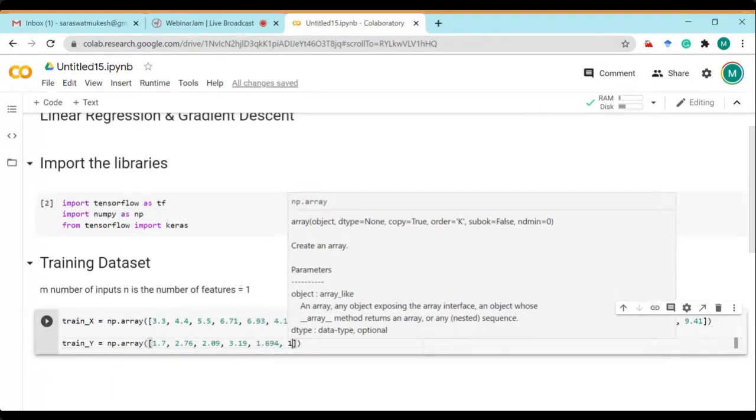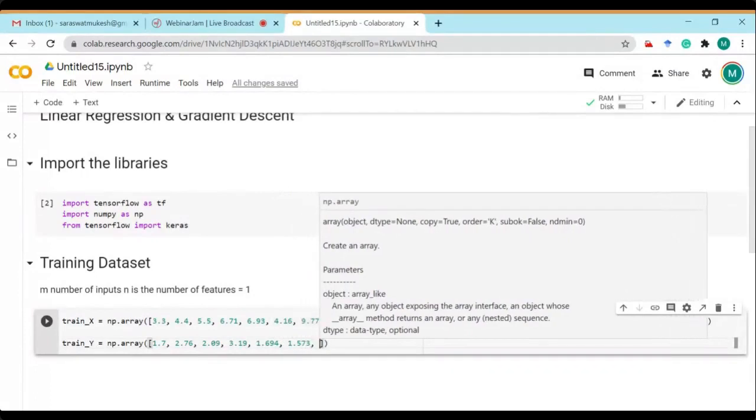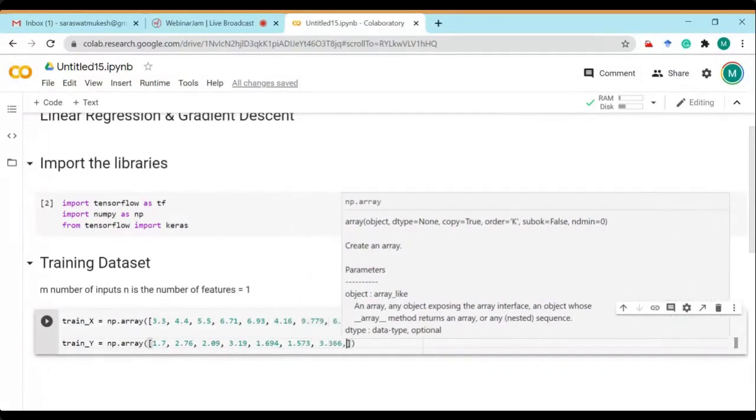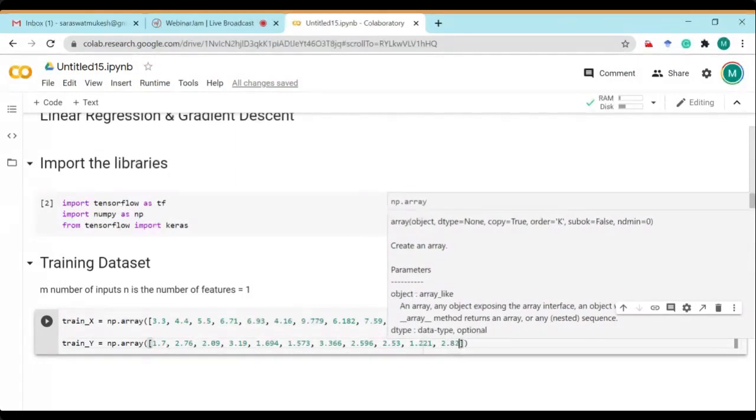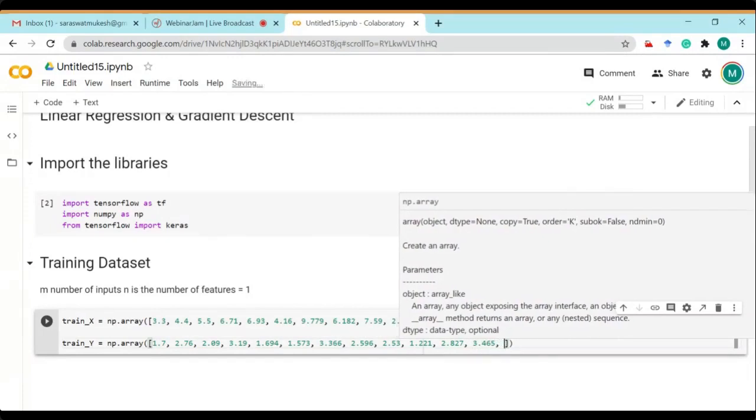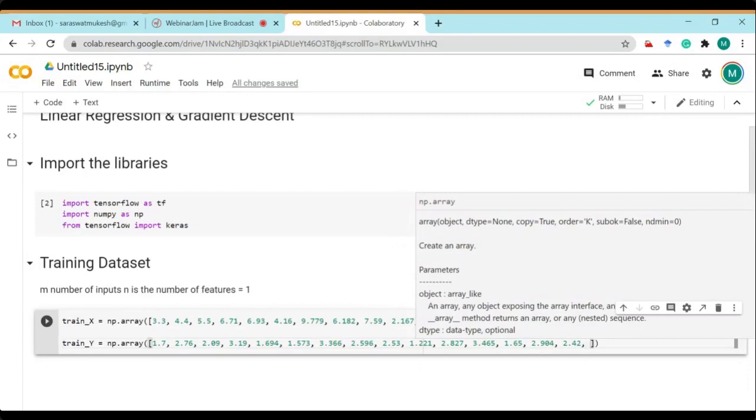1.694, then 1.573, then 3.366, then 2.596, then 2.53, then 1.221, then 2.827, then 3.465, then 1.65, then 2.904, then 2.42, then 2.94, then 1.3, and then we can say for 5.6, then